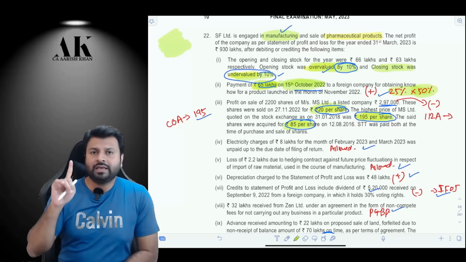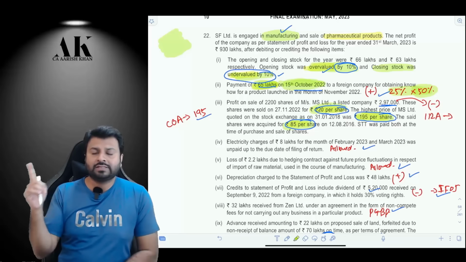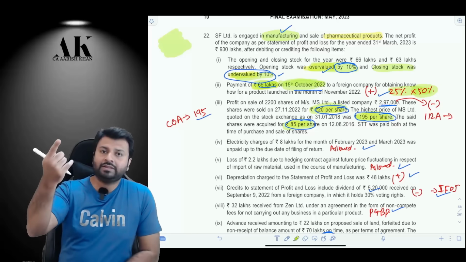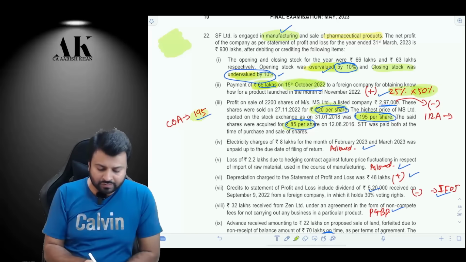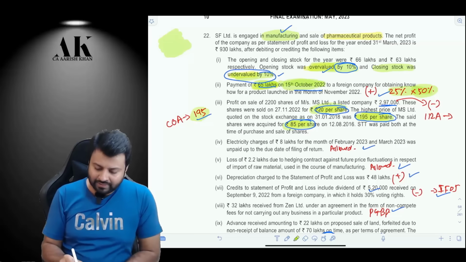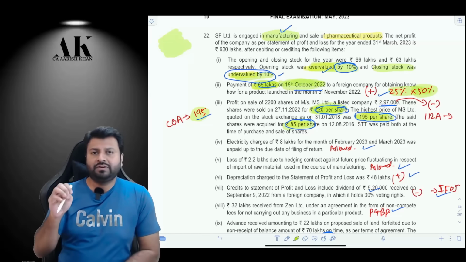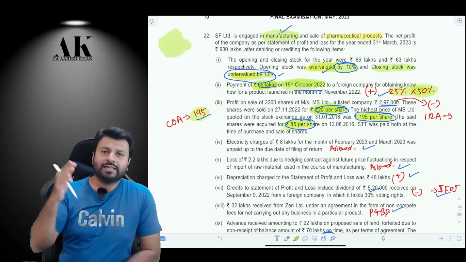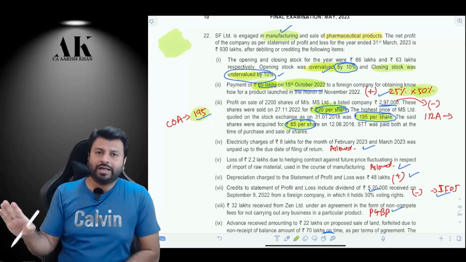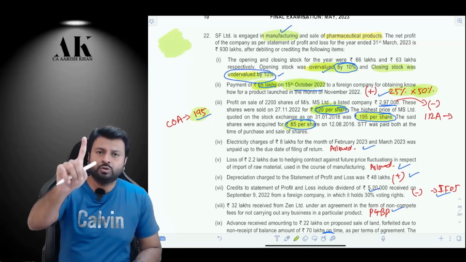So first you will compare the FMV as on 31st Jan 2018 with the selling price, whichever is lower, and then you will compare it with the actual cost, whichever is higher, and therefore the cost will come to 195. The cost is 195, the sale consideration is 220, and if I compute, the capital gains will come to 55,000. Now, because the capital gains is less than 1 lakh rupees, it is not liable to tax, because in 112A you get an exemption up to 1 lakh rupees.